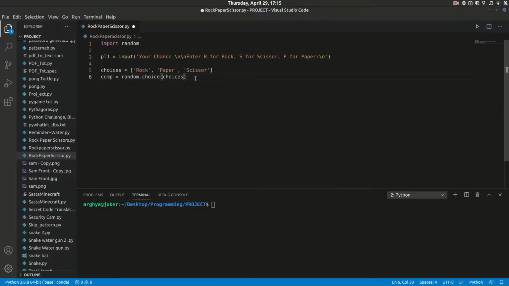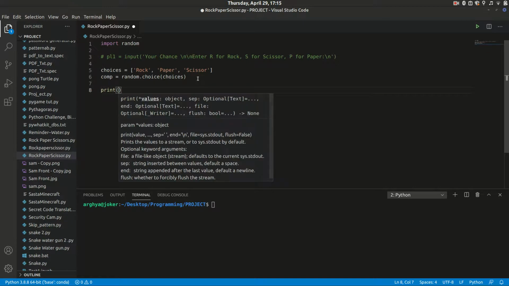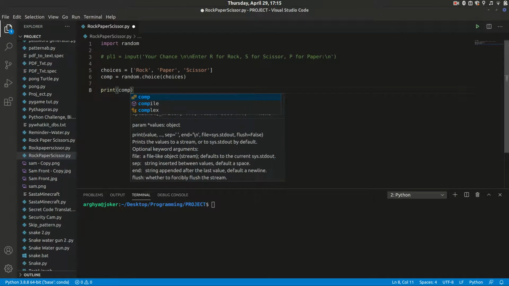Now if we just comment this out a bit, and then what we do is we print the comp. Just see the output,